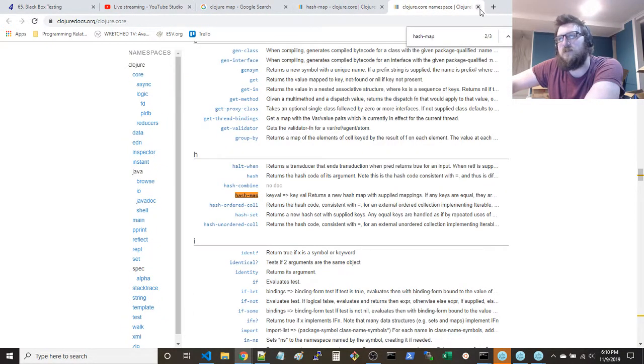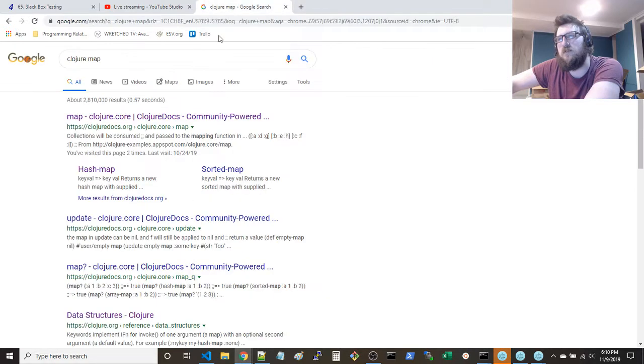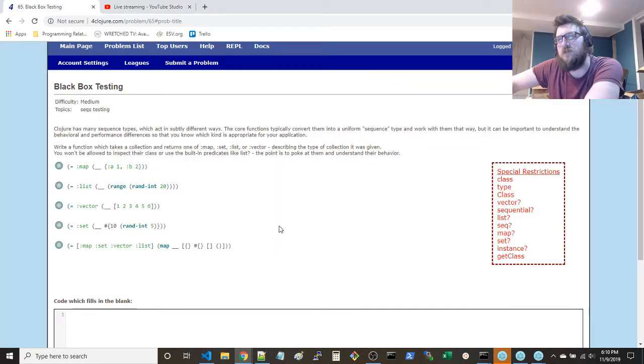Because then it's very easy, right? The idea is then, behavioral and performance differences so that you know which kind is appropriate for your application. Write a function which takes a collection and returns one of map, set, list, or vector, describing the type of collection it was given. You won't be allowed to inspect their class or use the built-in predicates like list.